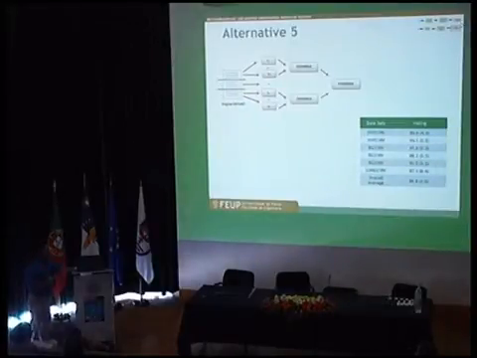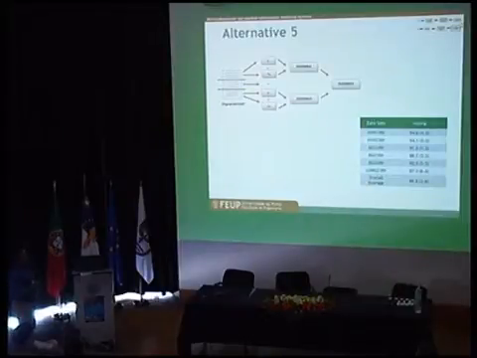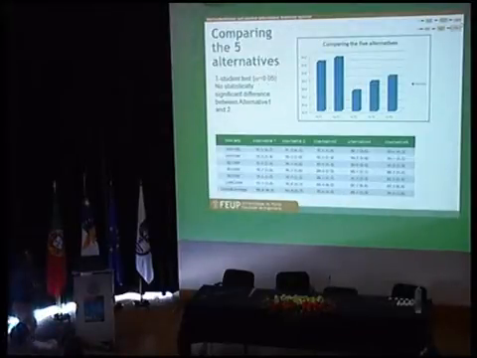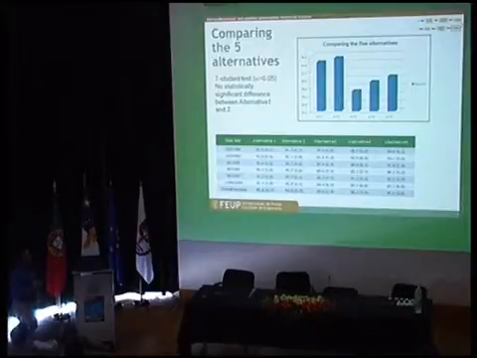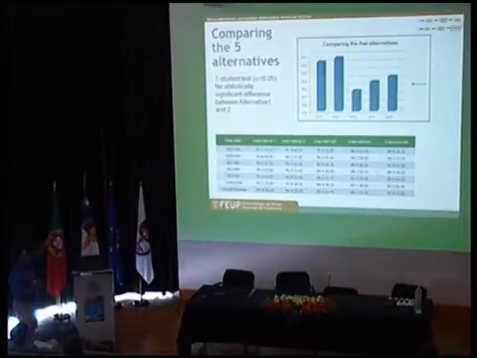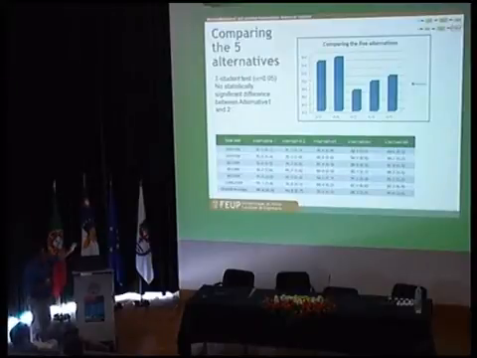And one final alternative is to split the data, run all algorithms on each subset, make an ensemble for each partition of the data, and then make a final ensemble combining the previous results. The overall conclusions for all these 5 alternatives are here in this picture and table. You can see alternative 2 is the best one, although there is no statistical significance between alternative 1 and alternative 2. Okay, but this is as far as accuracy is concerned.